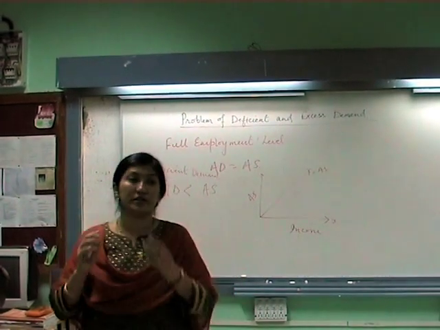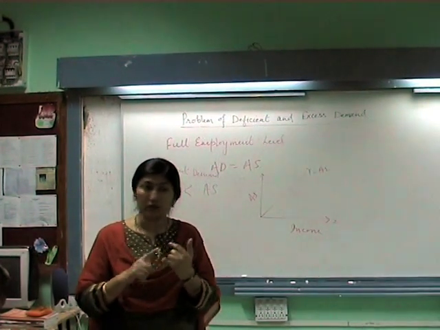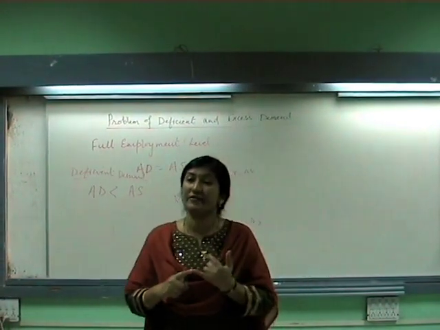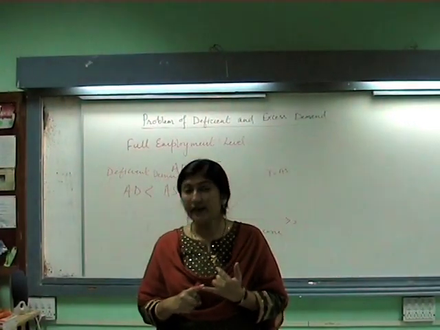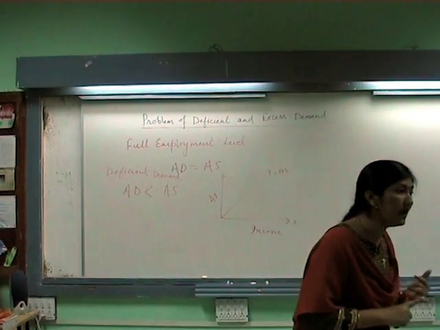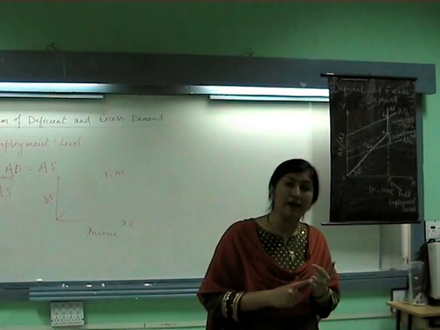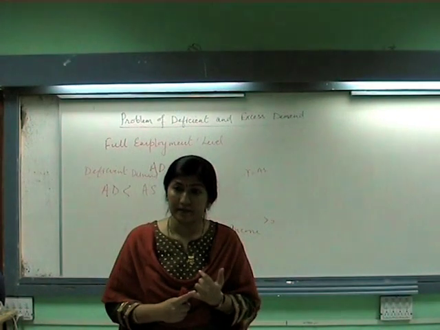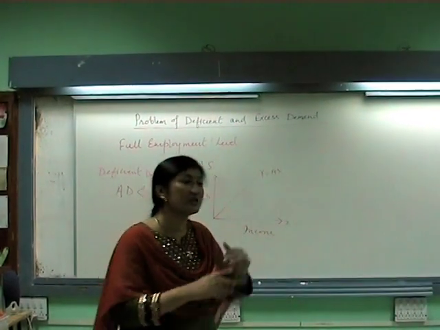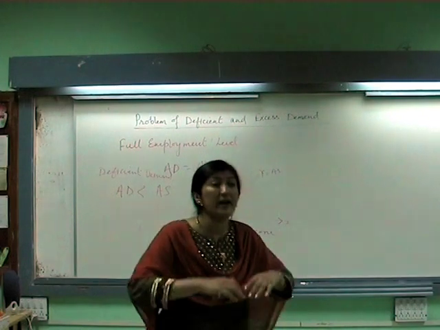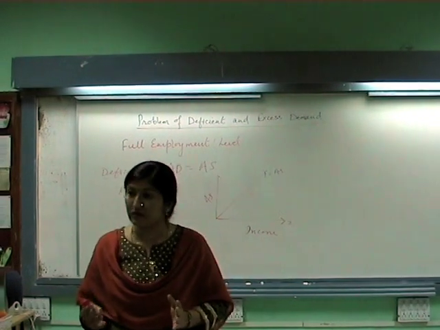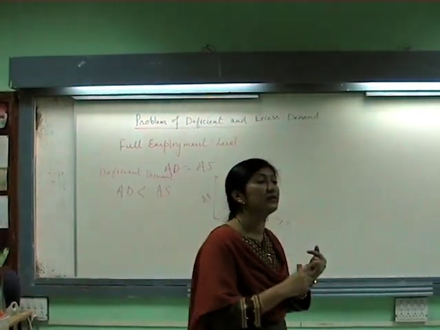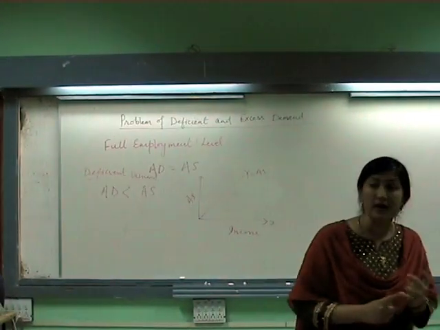Followed? So what are we going to concentrate on? First thing is production. What happens to the production? Production falls, production decreases during the situation of deficient demand. Are you getting it? Then prices also fall during the situation of deficient demand. And what about the employment? Yes, why? Because the producers will stop producing. So employment will fall and unemployment will increase in this situation. So now two things we have just followed. First is the definition of excess demand and what are the consequences of excess demand in the economy.